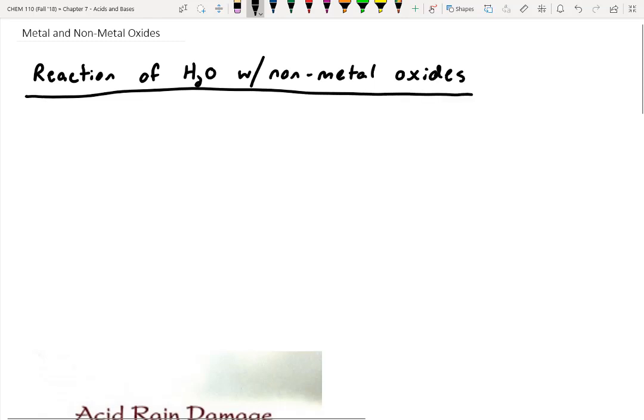All right, so a non-metal oxide means we're dealing with some sort of element on the right-hand side of the periodic table, not a transition metal, not anything in group 1 or 2, right? So a good example of this